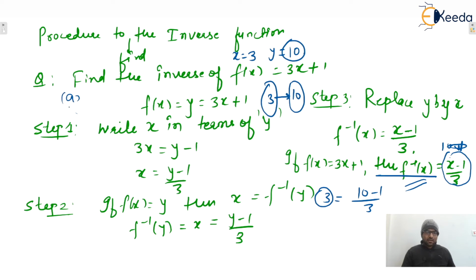Let's say 4 options are given to you, and one function is given to you, let's say f of x. Now take any x value and find the image of that one. Now put that image inside the options one by one, and if that image gives the element back to the function f, then we can say that is the correct option. So by taking some values, you can easily verify which one is correct and which one is not. I hope this one is clear to everyone.